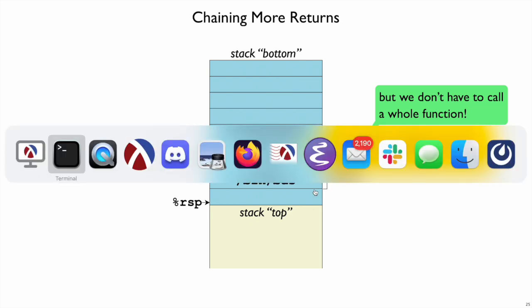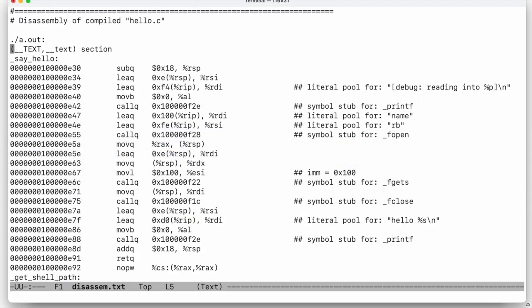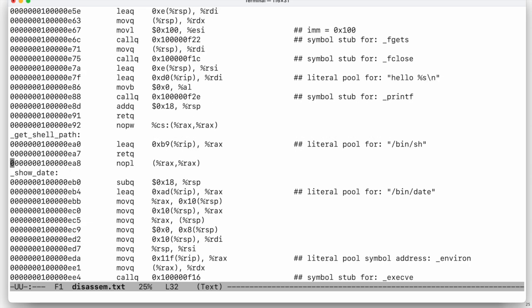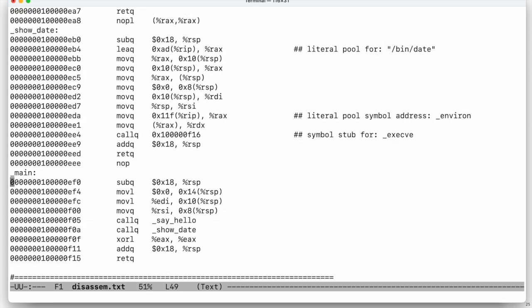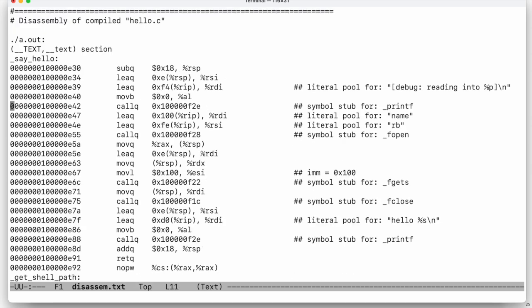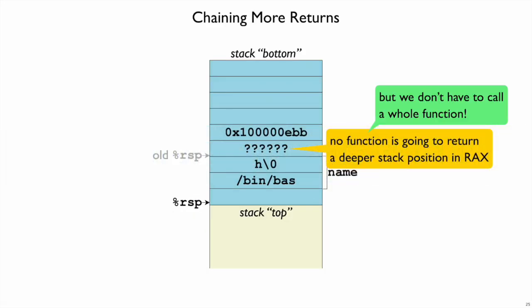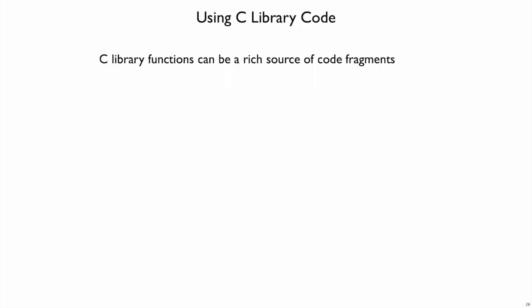We've already looked at the disassembly for our program, but let's look one more time. We could try digging through this and seeing if we can find just the right instructions in here. But that's all of the code for my program. It's really very small and there's not a lot of choices there. Fortunately, it doesn't have to be just in my immediate program, because when I run my program, it also loads the C library. And there's a lot of code in the C library,